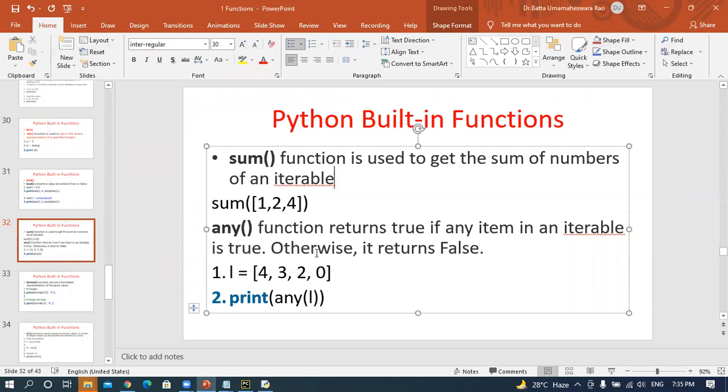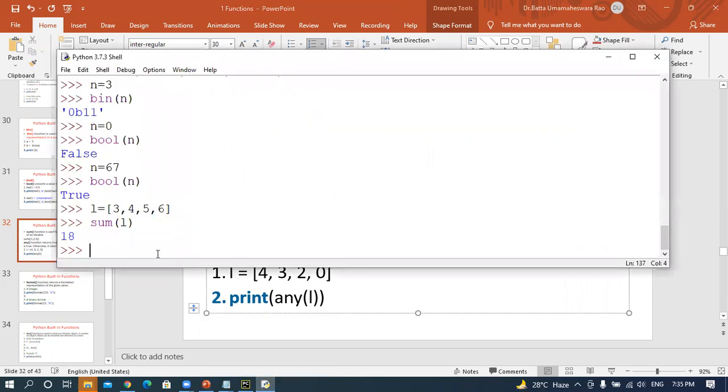And then the any function is the opposite of all. If all values are true, all will print true. Any returns true if any one of the items in the iterable is true. For example, I am taking a list, L equal to 3, 4, 5, 0.